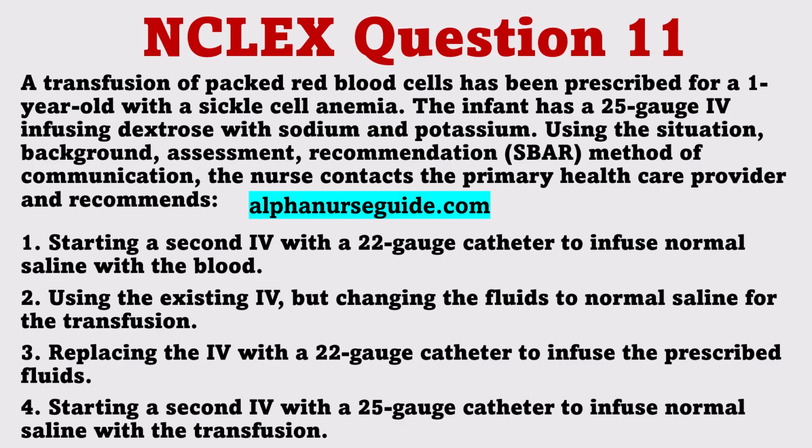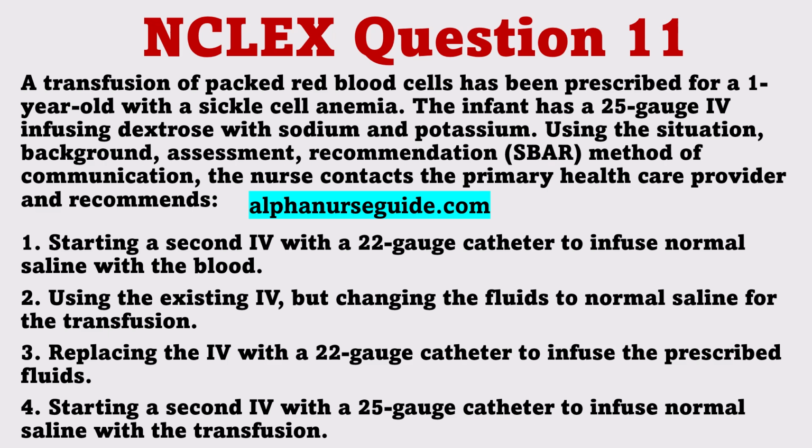The correct answer is 2. The best evidence indicates that a catheter as small as 27 gauge may safely be used for transfusion in children, but blood must be infused with normal saline, not dextrose. A 1-year-old should be able to maintain their blood glucose for the 2-hour duration of the infusion without the need